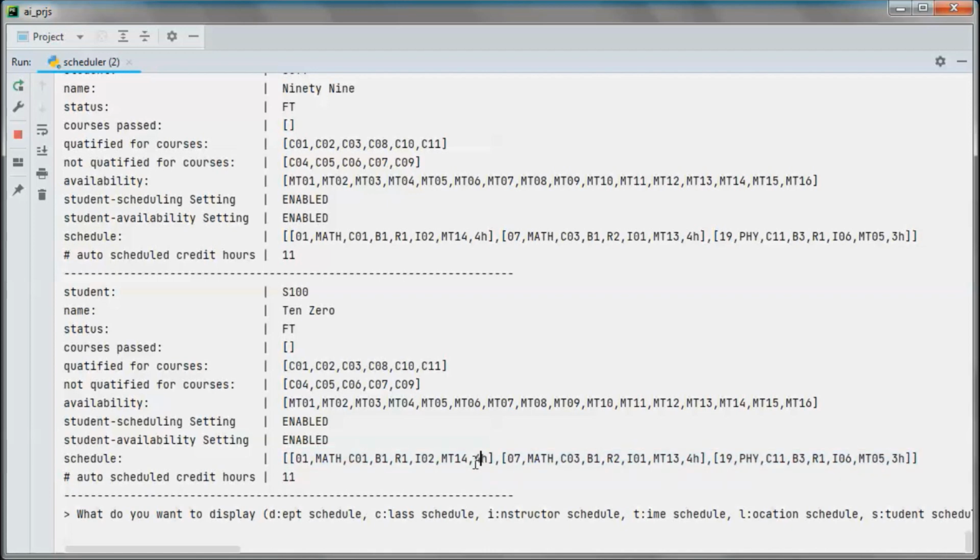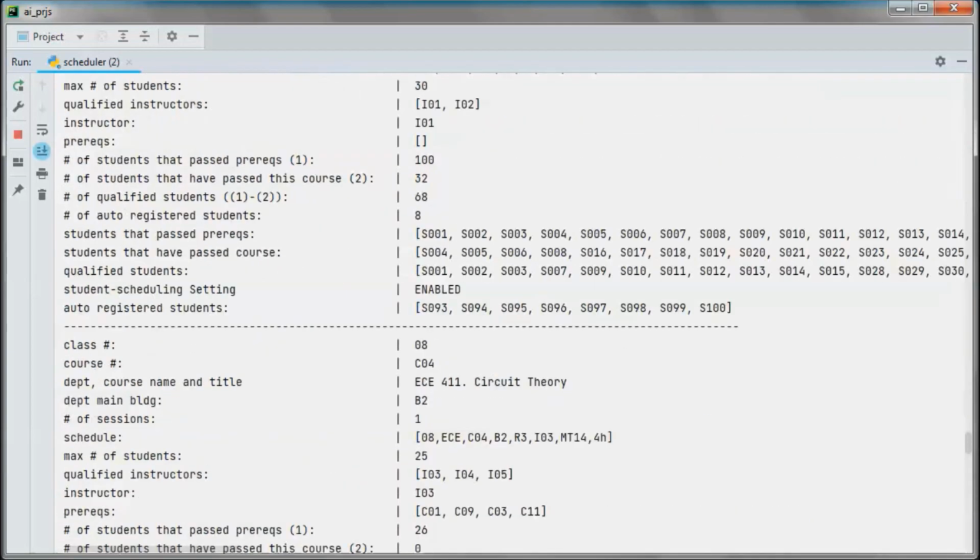So for 3 classes, this one with 4 credit hours, this one with 4, and this one with 3, so 11 in total auto-scheduled credit hours.